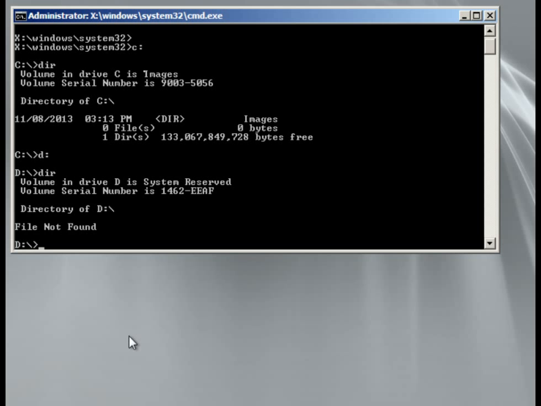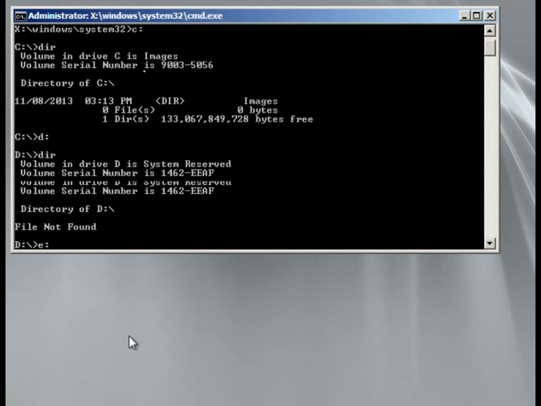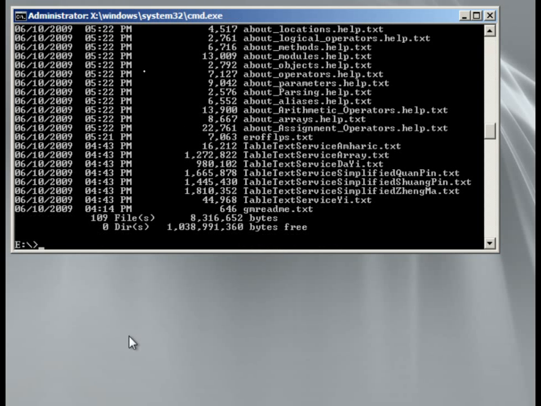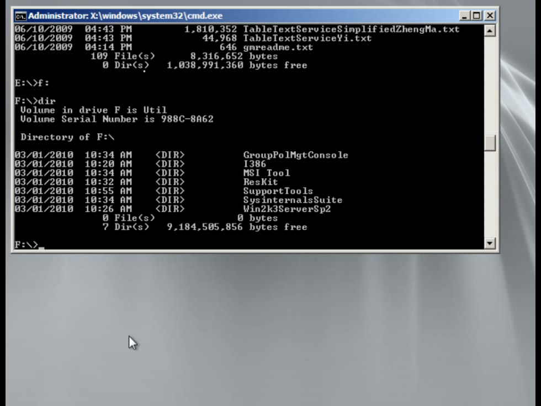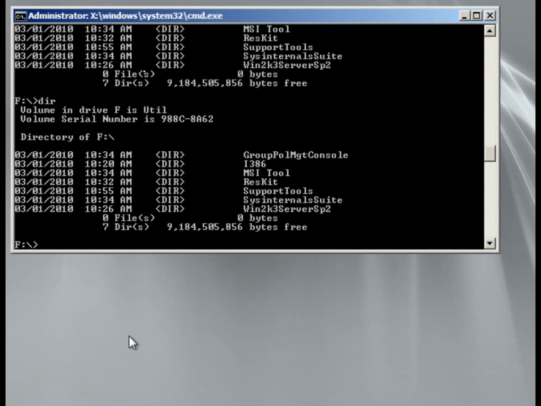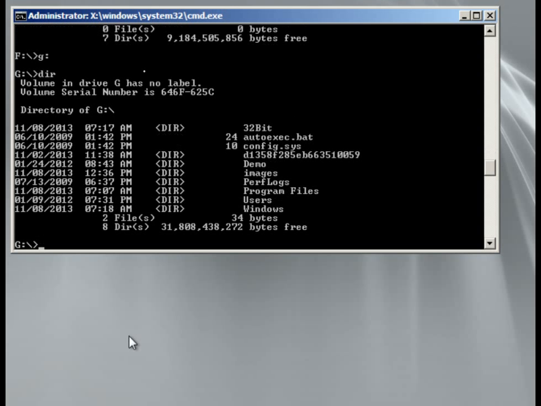And we'll do this when the D is a system reserved, E, and do a dir, F, dir. This one is tools. It's one of the other drives. So F. So let's see. So C. Let me write this stuff down. C is where our storage was, right? And F is a different one. G is